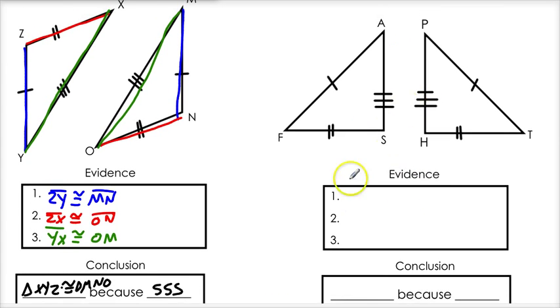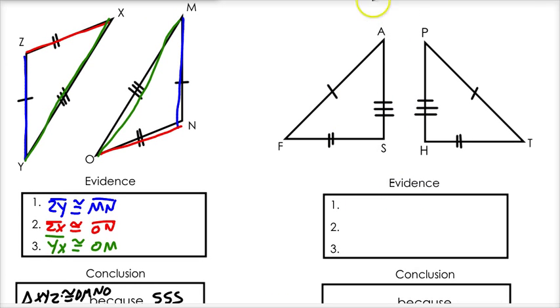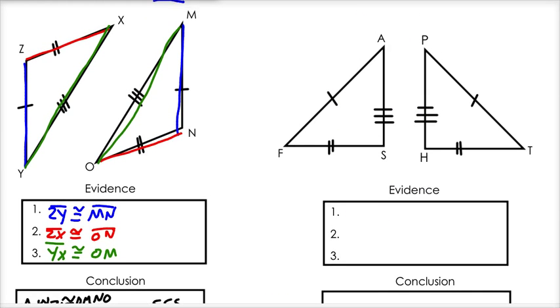Let's prove that these two triangles are congruent. Once again, it's the same exact thing. You just have to show that there are three congruent sides here and write out your evidence. So we have our evidence and our conclusion. Our evidence is, well, we know